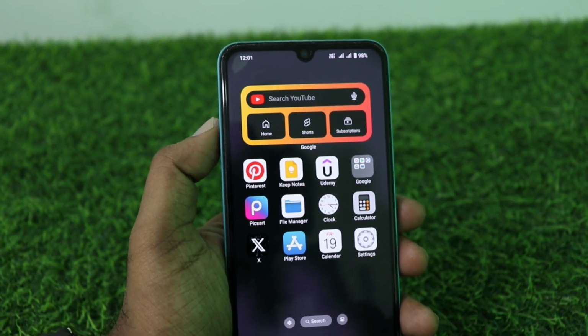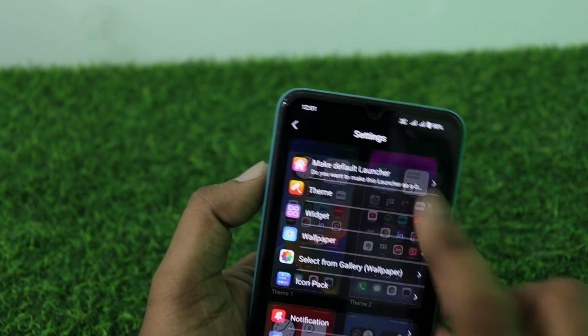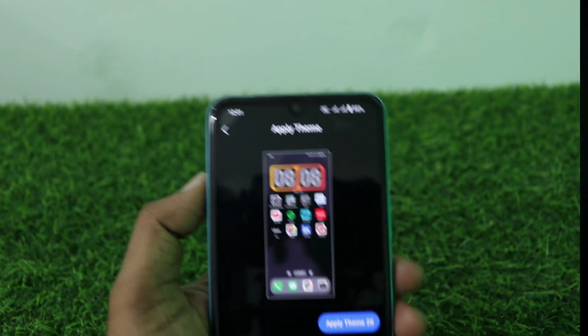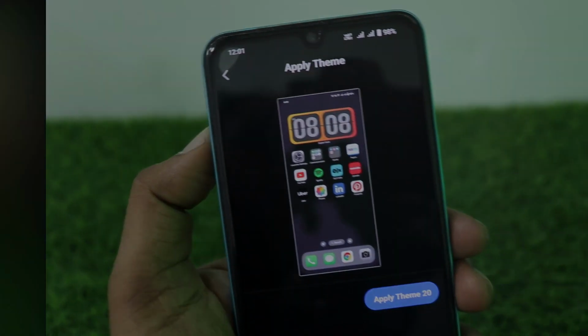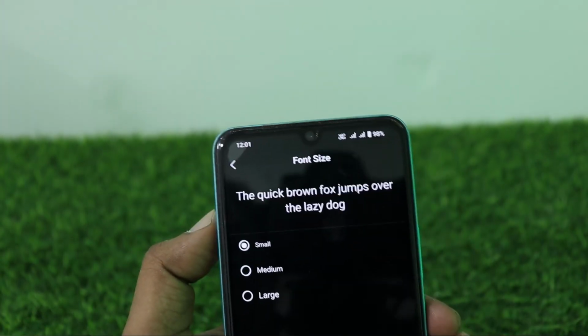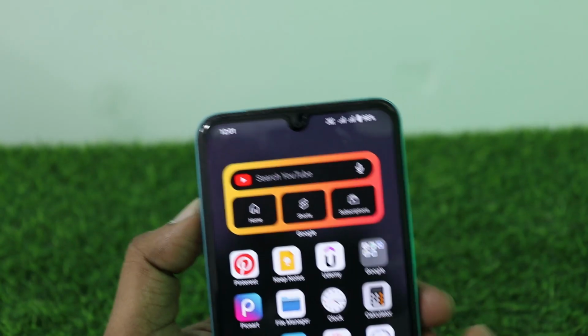And on the next page, you just click on the settings option and go to the theme section. And here, just swipe down, you can find this exact theme setup on theme number 20. Just click on apply theme. Your phone is ready, and you have more options like changing the font size and other options like widgets,